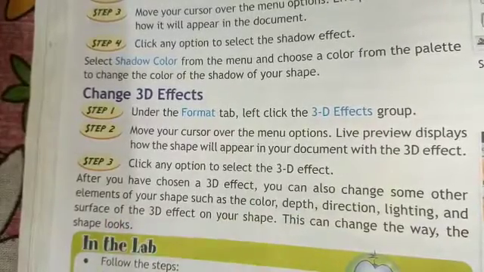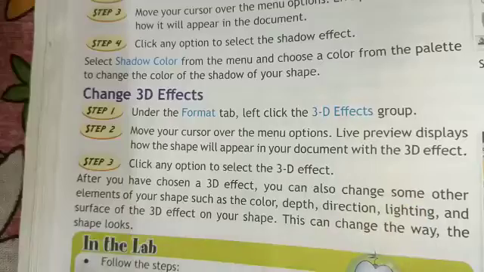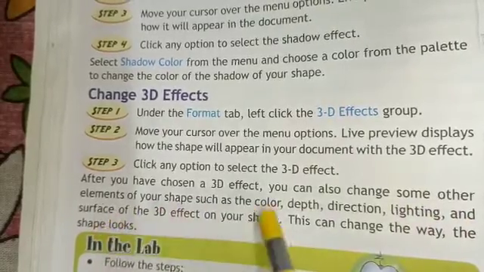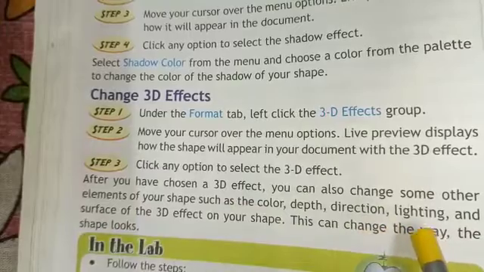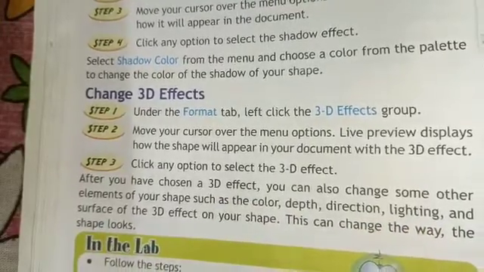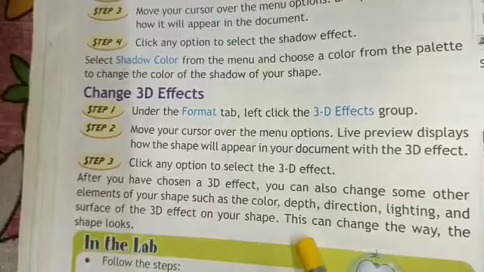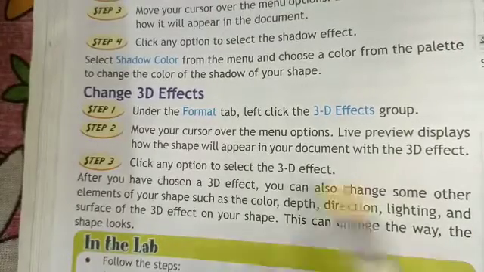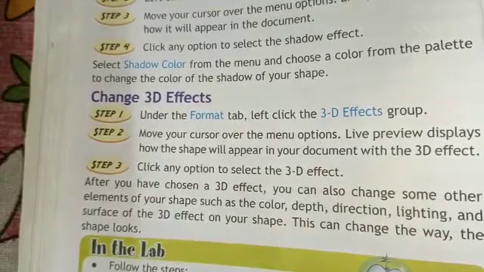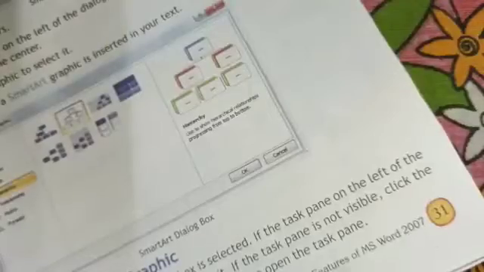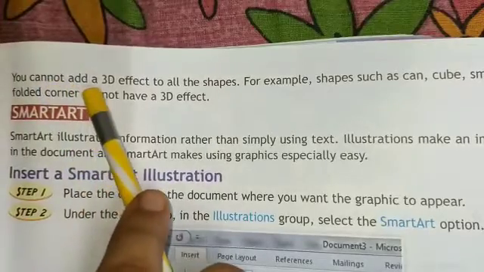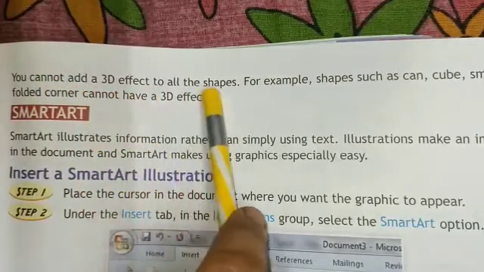After giving a 3D effect to a shape, we can also change the color, depth, direction, lighting and surface of the 3D effect. This can change the look of the shape. Next, page number 31. You cannot add a 3D effect to all the shapes.